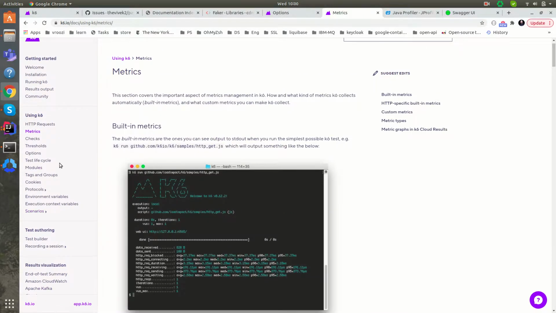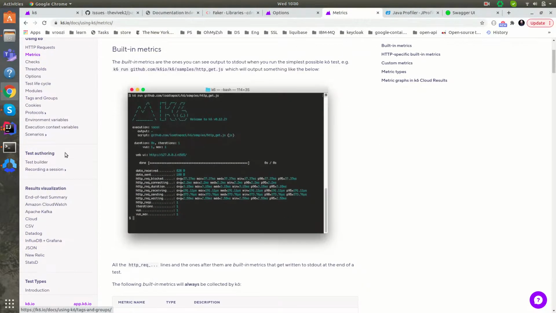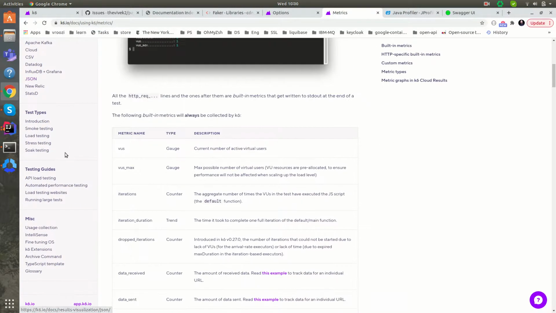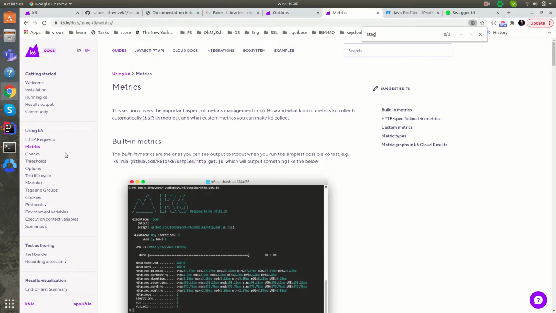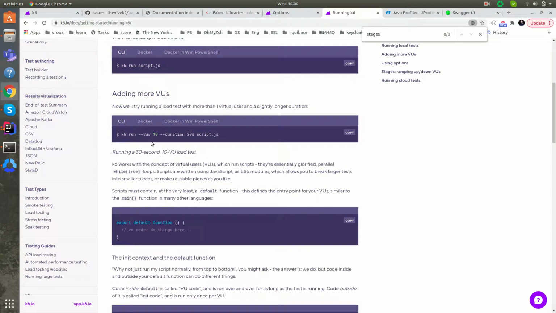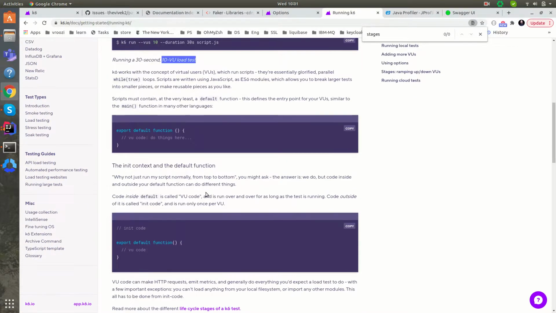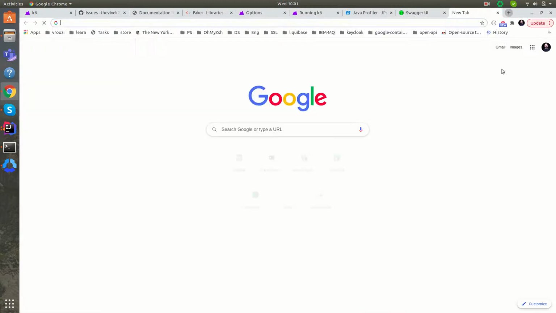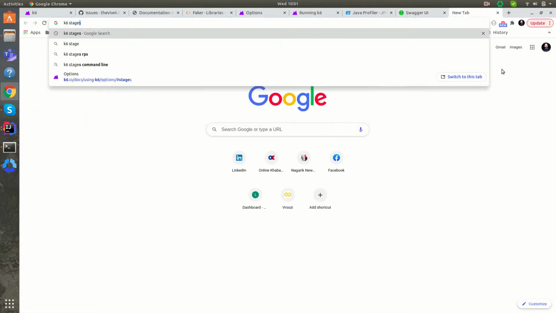So the stages, what are the stages? There should be something called stages, as we are trying to run in multiple stages. So, where is the k6 stage, or let's say running k6? All right, so here the virtual users is 10, and it will run for 30 seconds with a virtual load of 10, something like that. There are the K6 stages as well, so if you check for K6 stages,